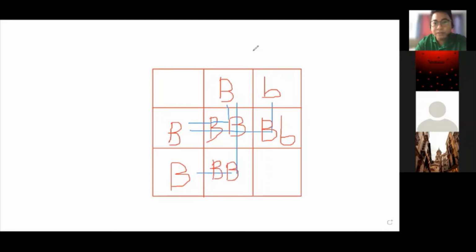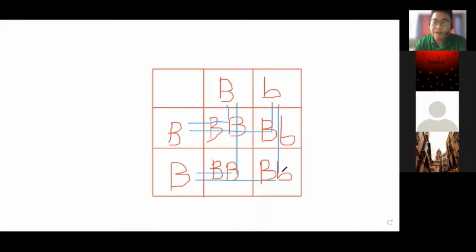And then this one is this one and this one. That will give us, okay. So who can tell me the phenotype of these results? What is the phenotype of their offspring?